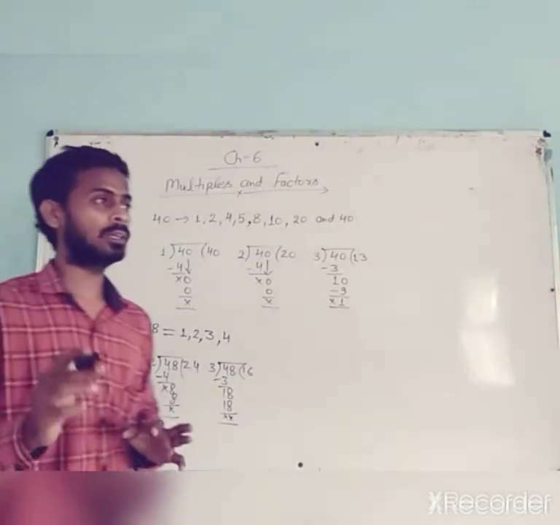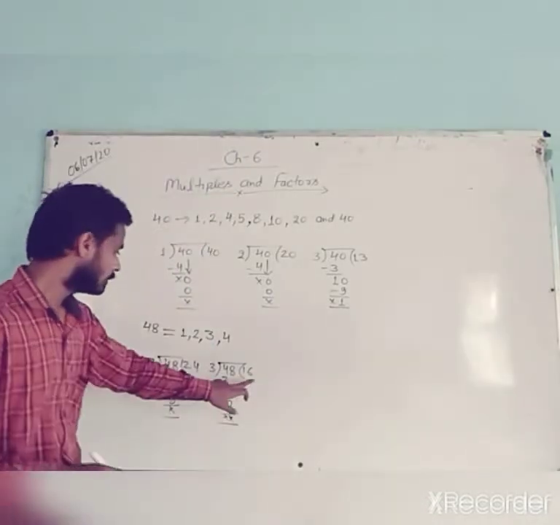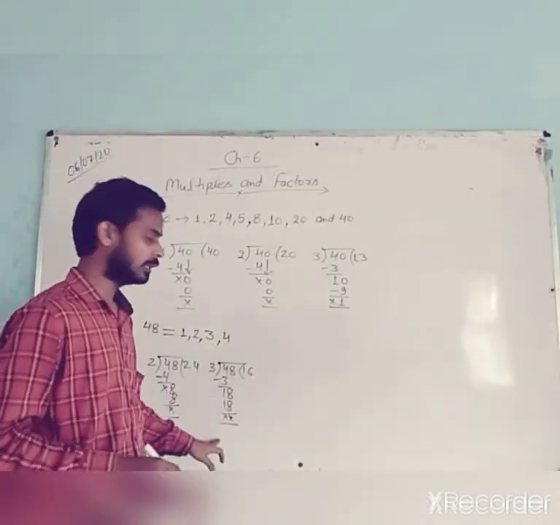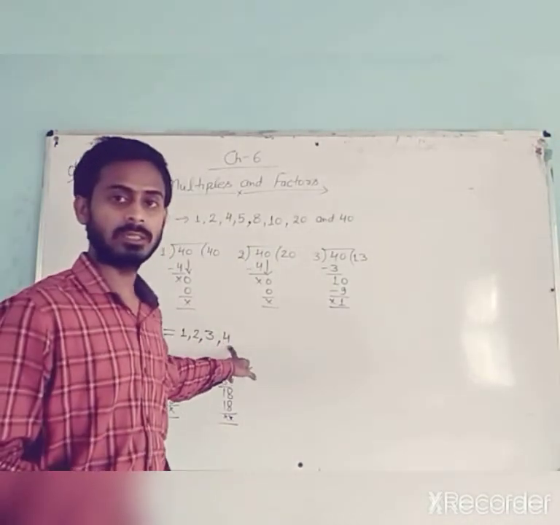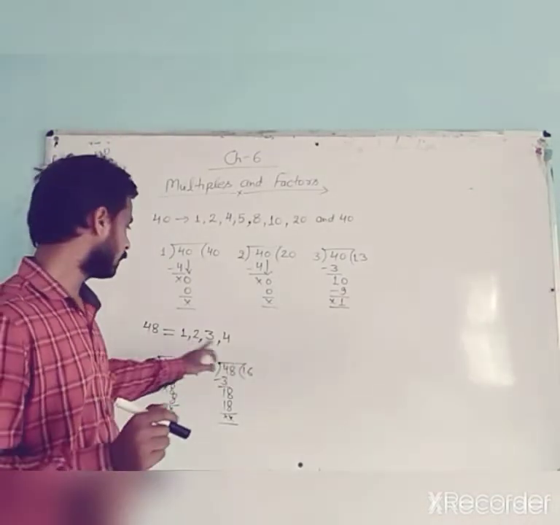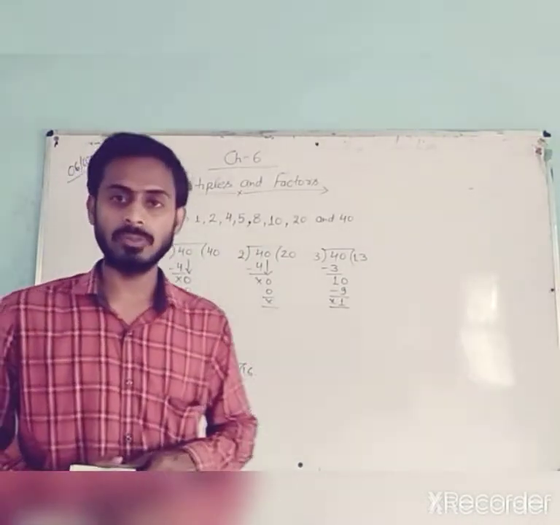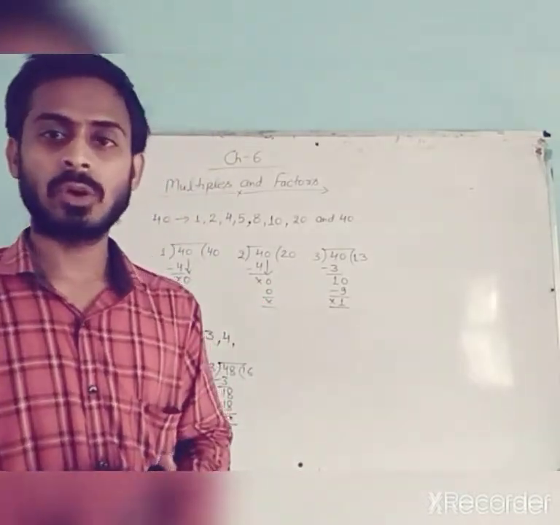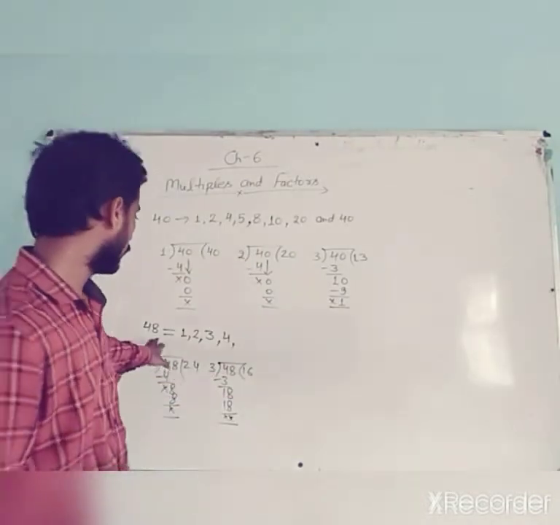See, if you learn the tables, then you can divide a number directly. See how 16 3s are 48. That is why 3 16s are 48 also. So we can write directly. Similarly, 12 4s are 48. It means 48 is divisible by 4. Now next 5. 5 9s are 45 and 5 10s are 50. It means 48 is not divisible by 5.